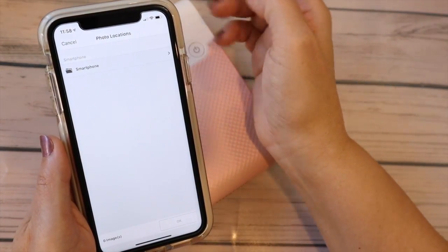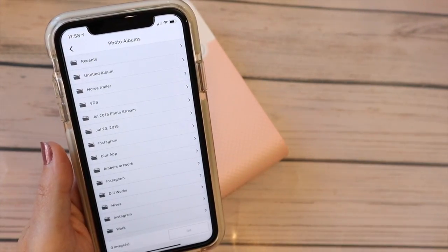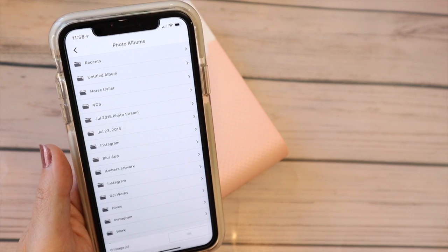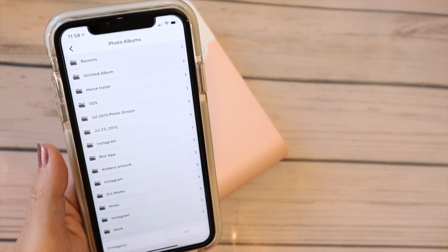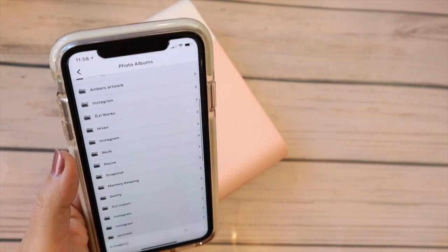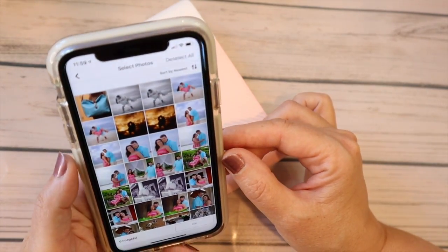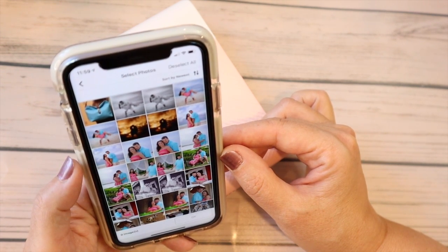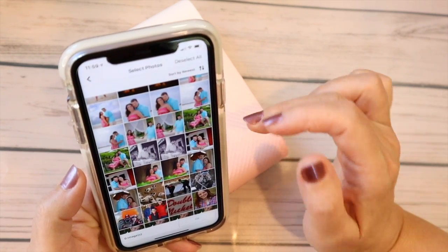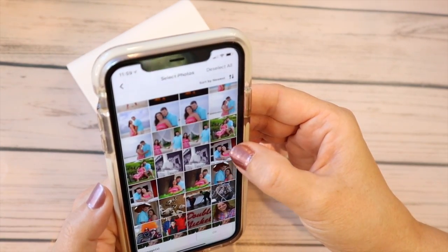Now I have to say, this is sort of where the reviews go ugly. It had to do with how it goes through your photos, and yeah, I can see why this is a pain in the neck. Okay, this is actually the pictures that I wanted, so apparently it's in family. Well, two of my all-time favorites are this one, so I'm just gonna, maybe